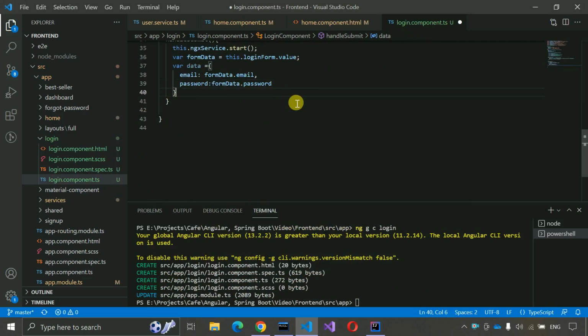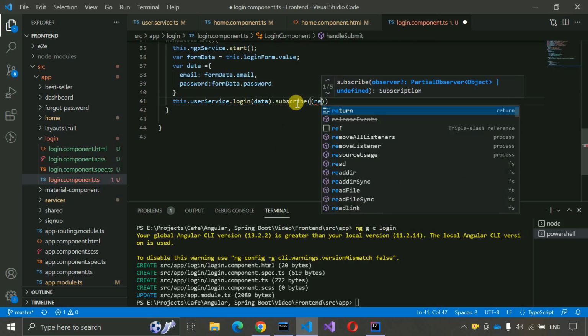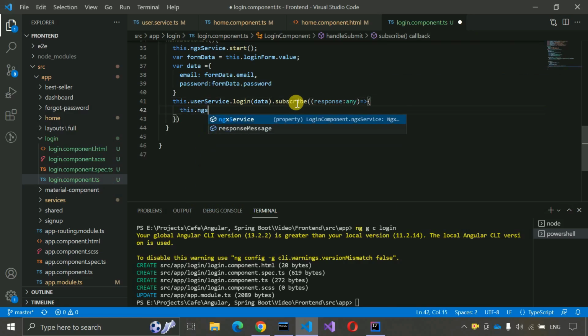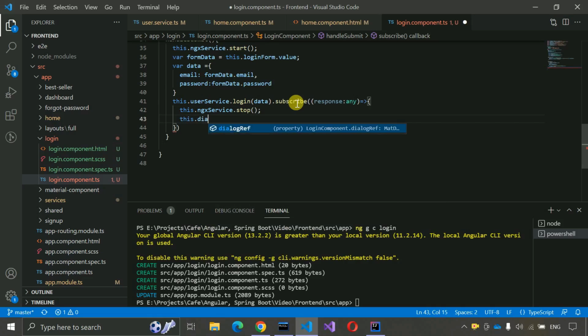Let me scroll a little bit down, and here we have to write this.userServices.login, and we need to pass the data, .subscribe, and response any, and this.ngxServices.stop whenever we get the response. If that response is 200 or 201 created, in that case we have to stop this one, and we have to close the